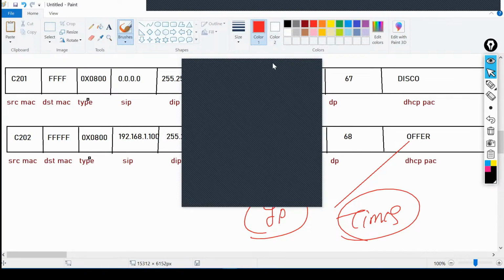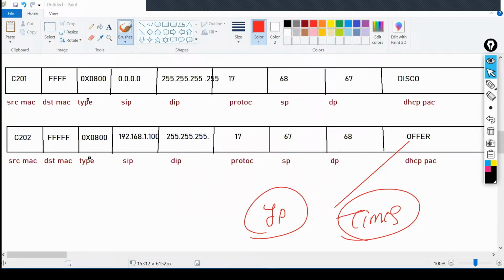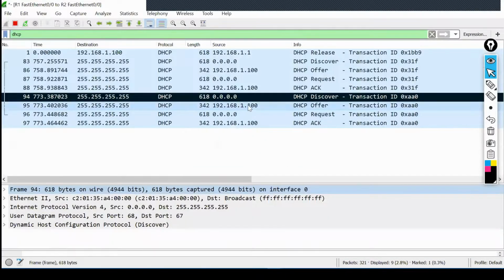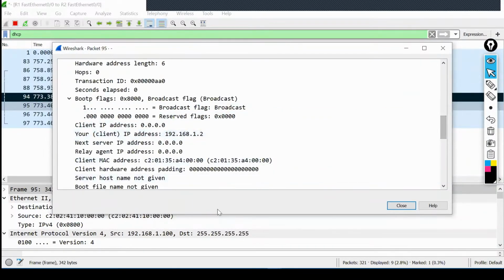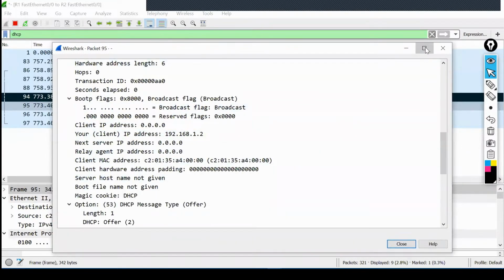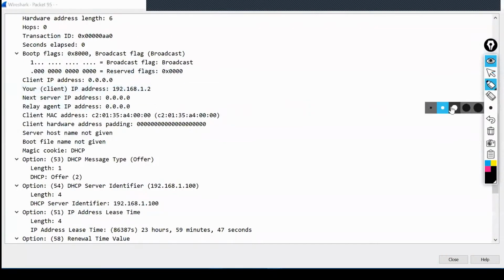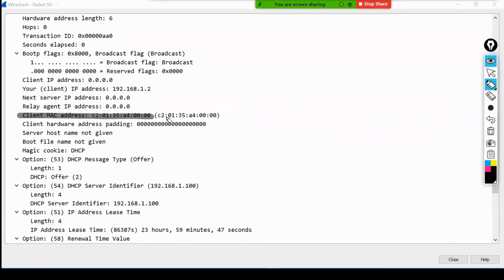But in that case, the PC that has requested will have its MAC address in the offer packet. See this part, Nazim. This MAC address is present, so based on that MAC address, they will receive the packet, right?